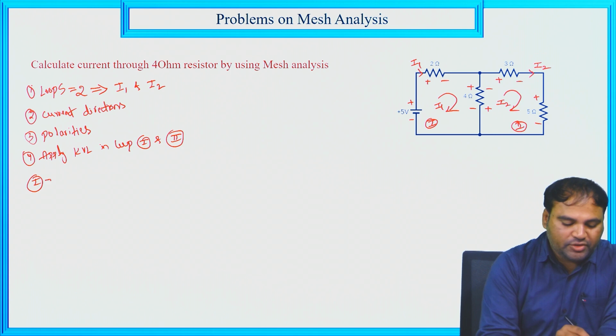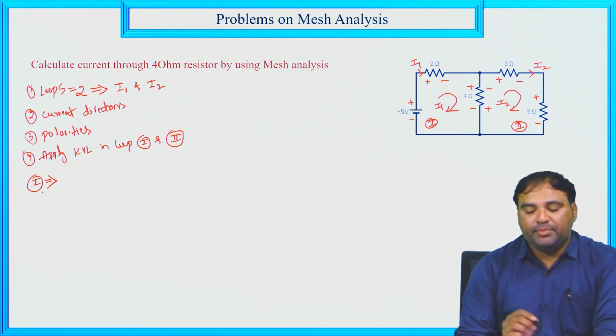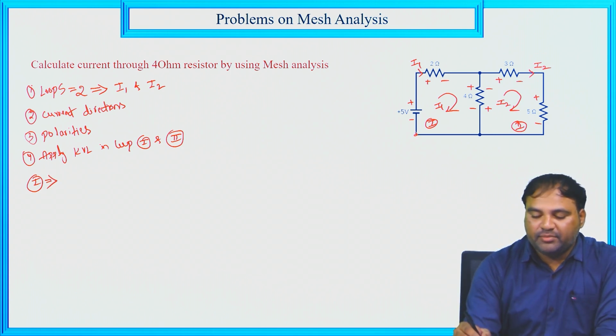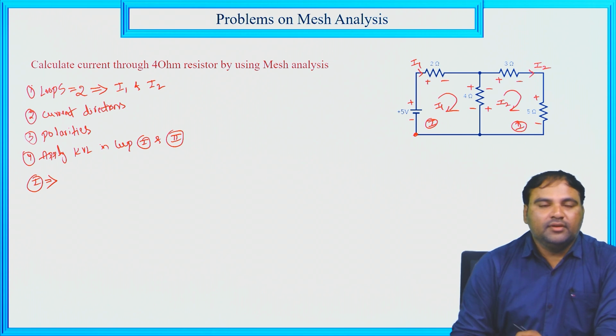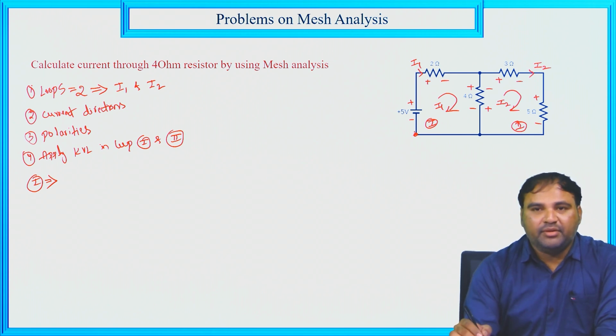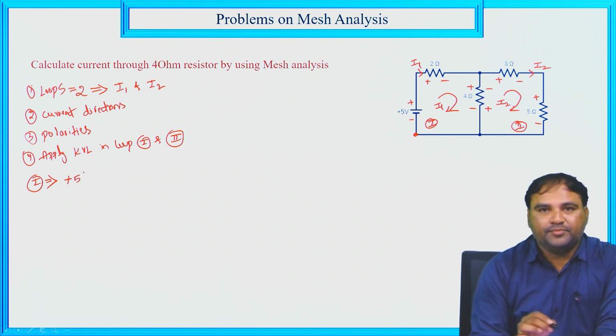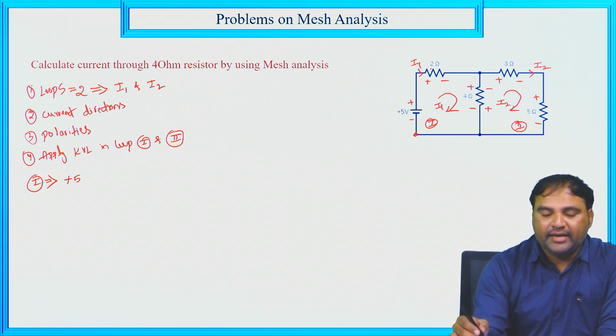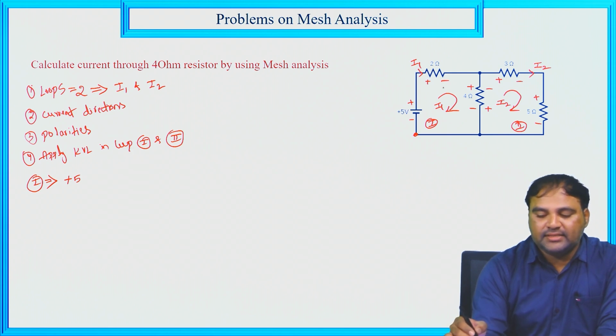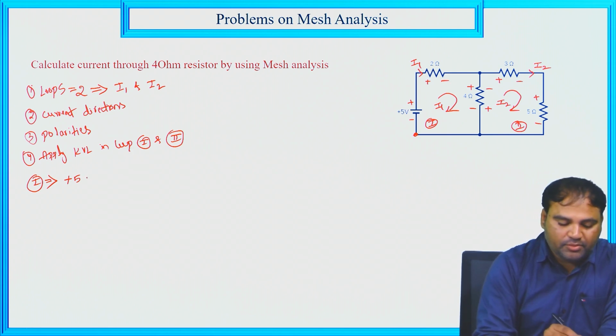Here is the first loop equation. For the first loop equation, I am starting from this point. When I am starting from this point, we always need to take the second polarity. Here the second polarity is plus and the voltage is 5, so plus 5, and at 2 ohm the second polarity is minus. So minus